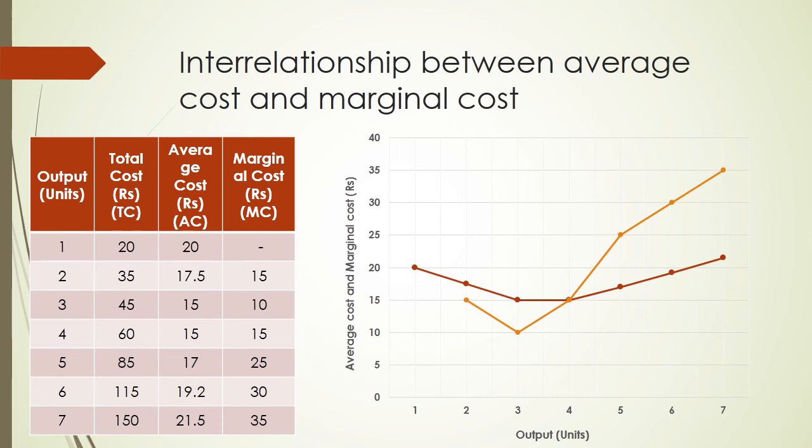But as the marginal cost decreases at a faster rate, in the same way it also increases at a very rapid rate. So after that point, the increase in marginal cost is more rapid than the increase in the average cost curve. Therefore, the marginal cost curve is above the average cost curve in the given diagram.